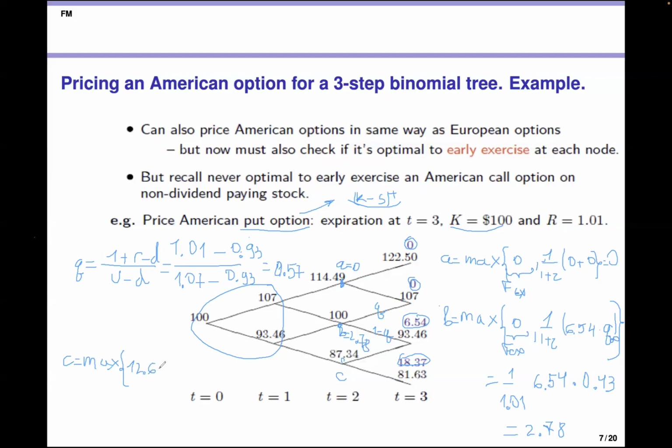And the price of waiting is 1 divided by 1.01, and the mathematical expectation, it is this value by Q plus this value multiplied by 1 minus Q. So it should be 6.54 multiplied by 0.57 and plus